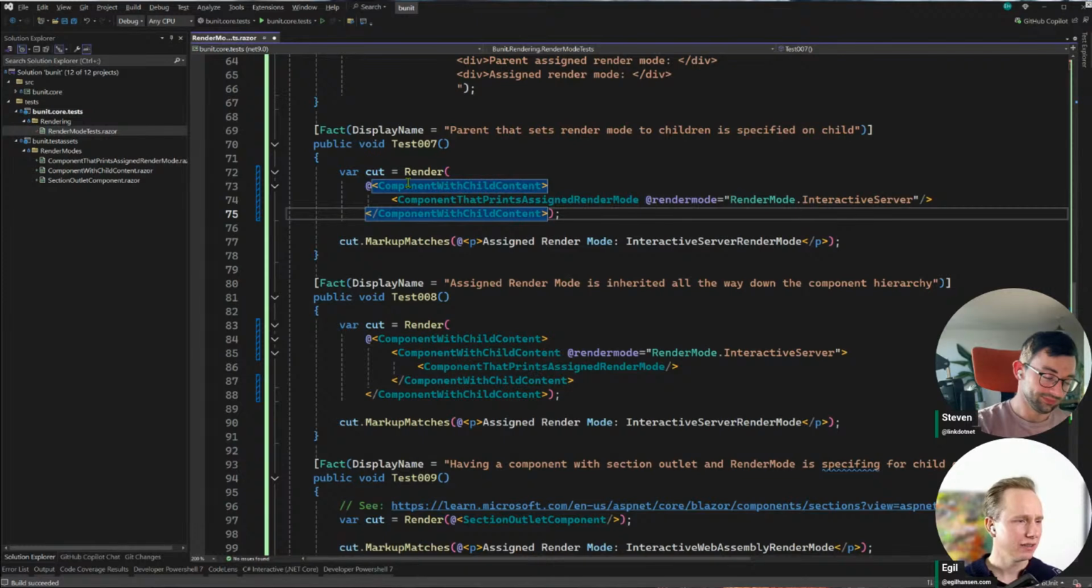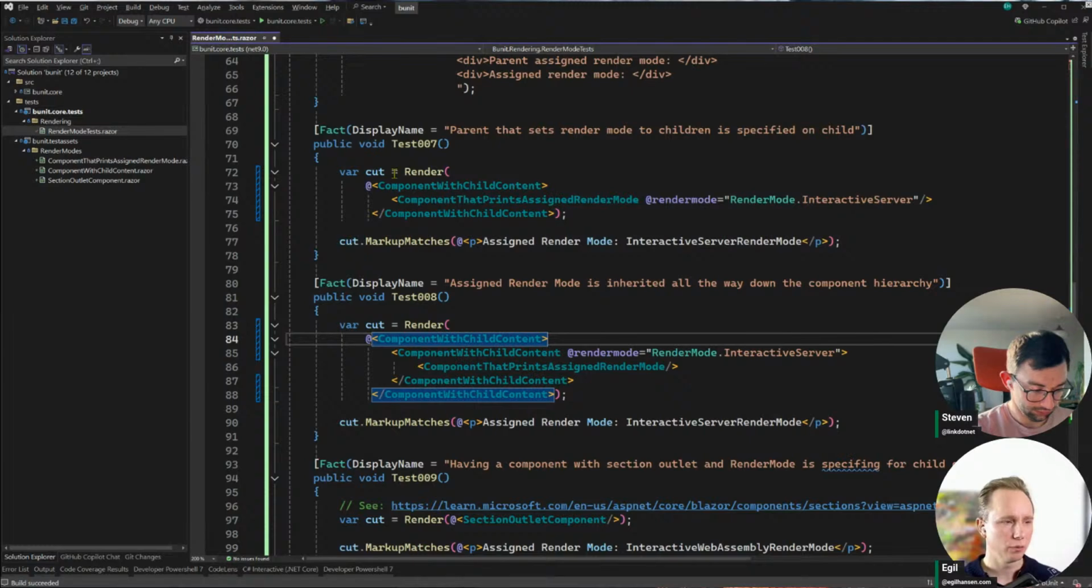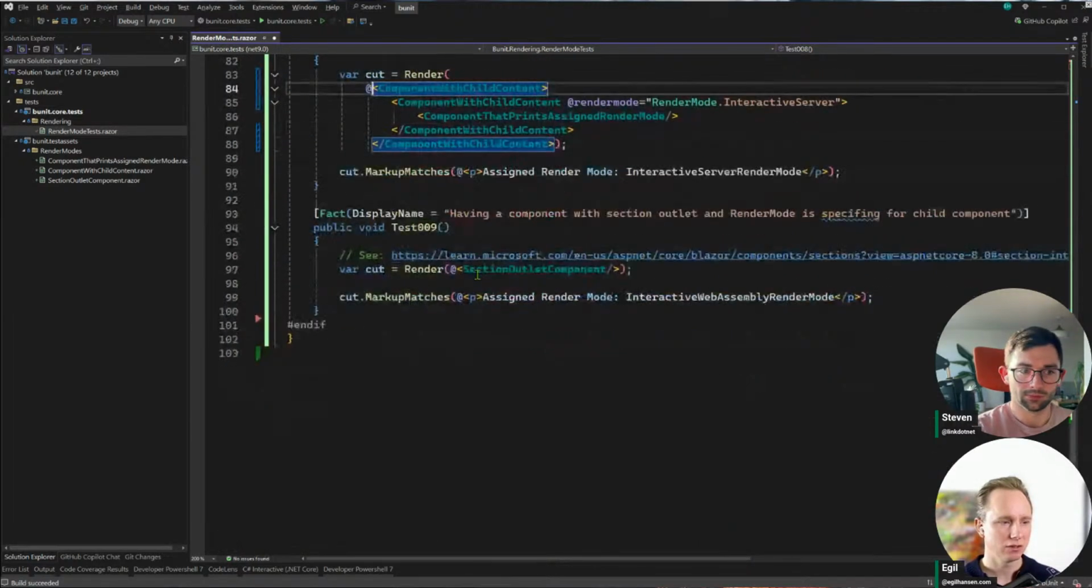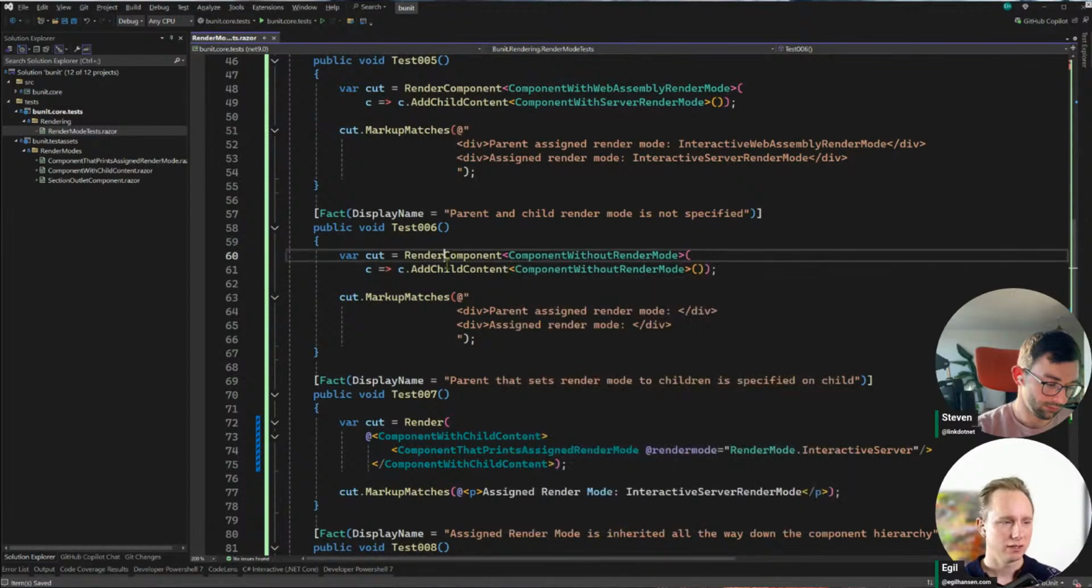Oh, I feel like this version of Visual Studio is working better with the inline render fragments. It's not completely messing up the formatting as it used to. So